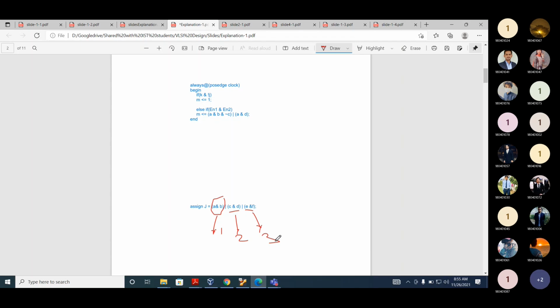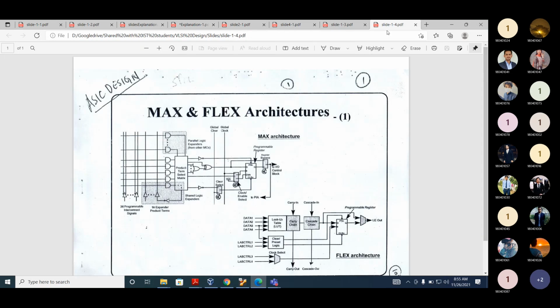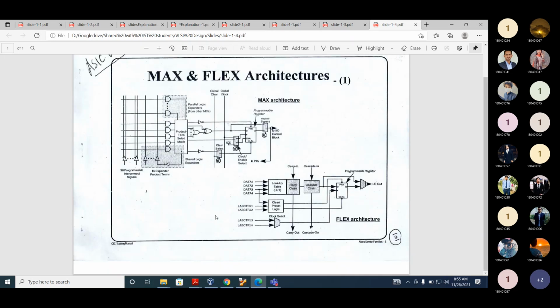The function that is implemented is a combination function. So if you look at this slide, how will the first minterm look?